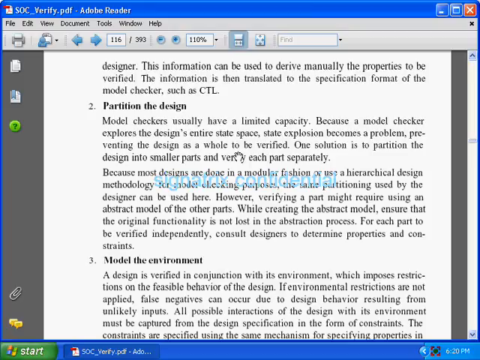How can you make your full design verified? That is what they are trying to say: partitioning. If your design is partitioned properly into smaller blocks, and each block has its separate functionality, in that case you can easily verify your design with the help of model checkers. So you see how partitioning is helping us achieve verification.